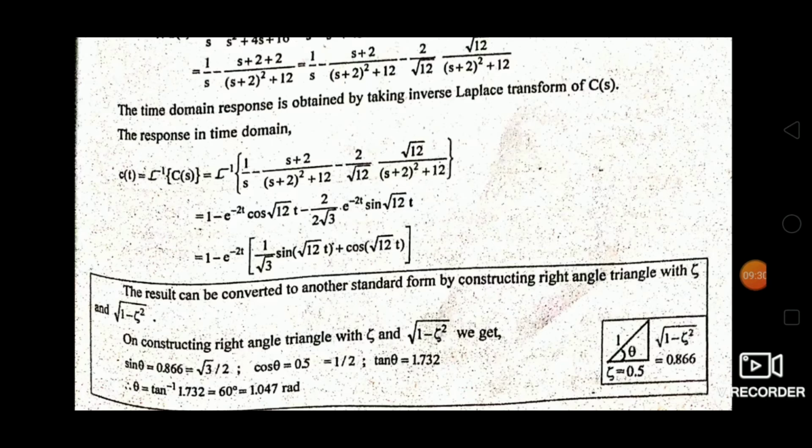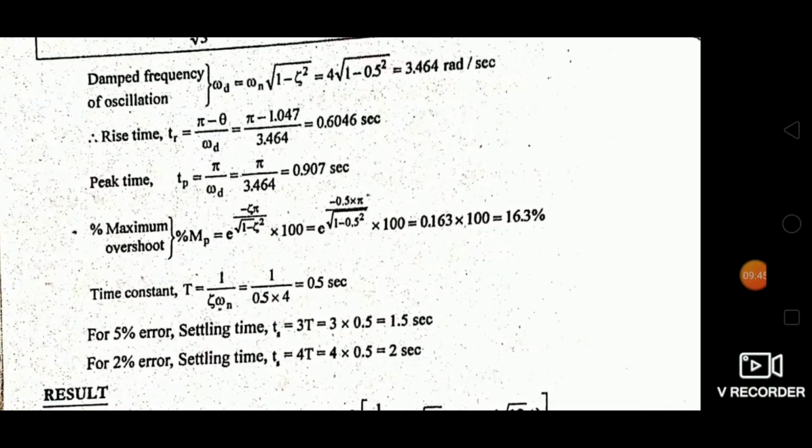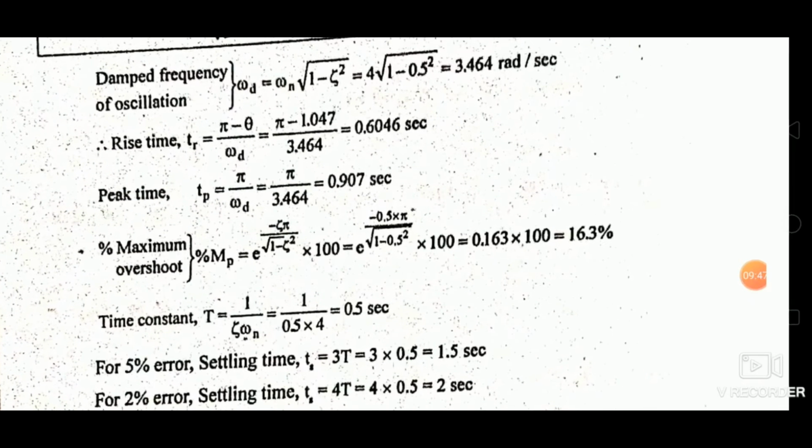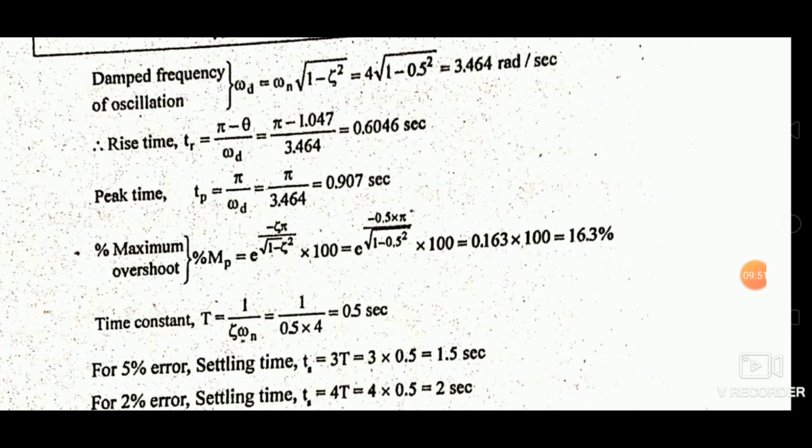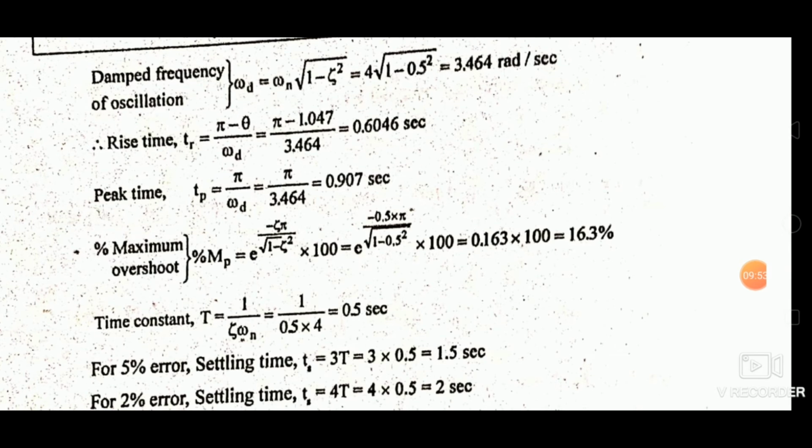Theta is equal to tan inverse of 1.732, that is 60 degrees, that is 1.047 radians. Substitute the theta value 1.047 here. We already got the omega d value. Substitute here, then we will get the tr value